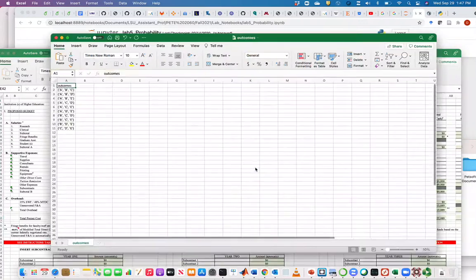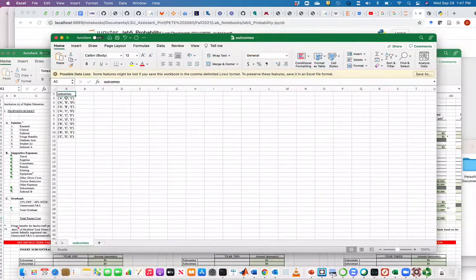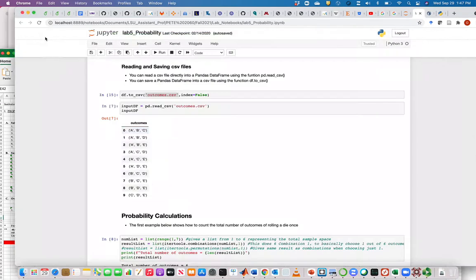You can open it up and it's going to look just like the data frame, right? This will correspond to the indexing in Excel. So I'll close it out. I'll be back here, and